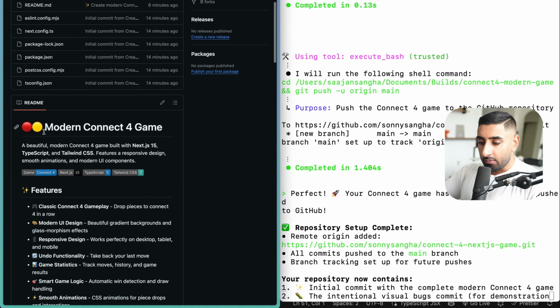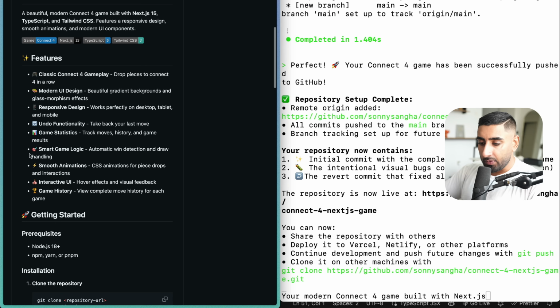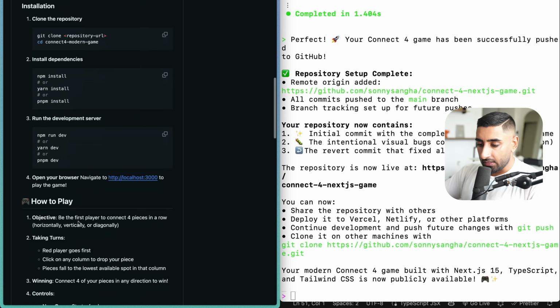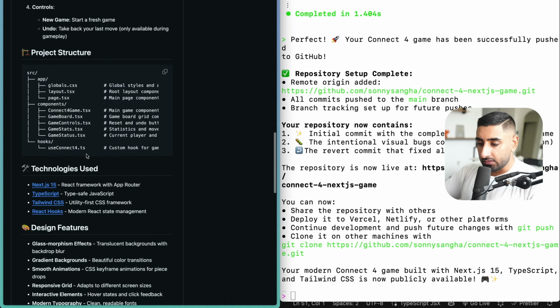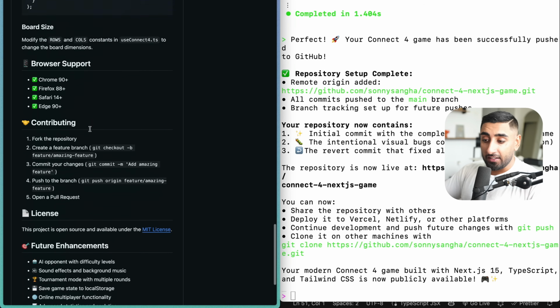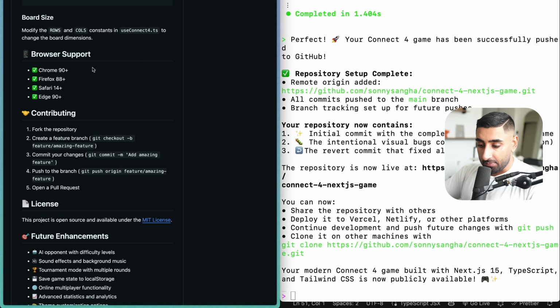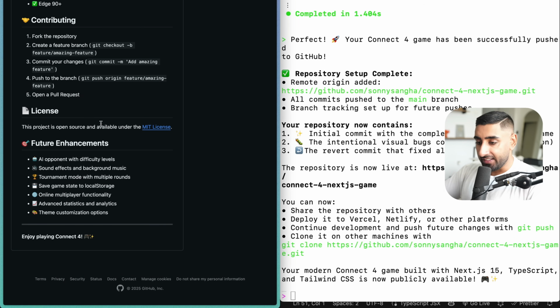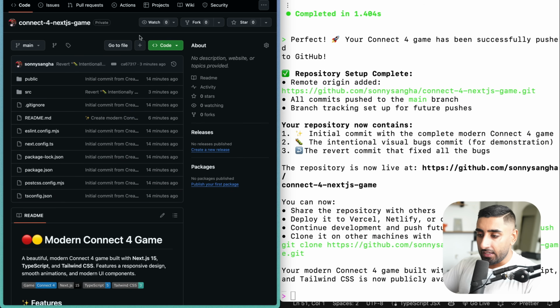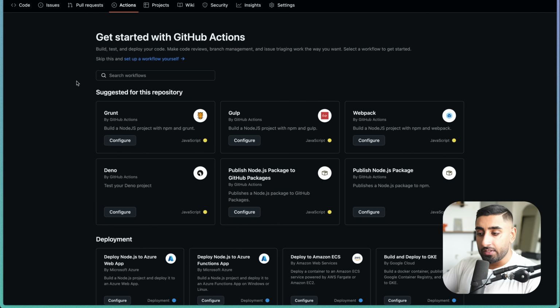And as you can see, we have a modern Connect 4 game with a beautiful README, all of the game history and features of the app, as well as instructions as to how to use it. So I had to do nothing to pretty much get this up and running, and it did it pretty nicely. Cool. So now I want to introduce GitHub Actions. So every time I push